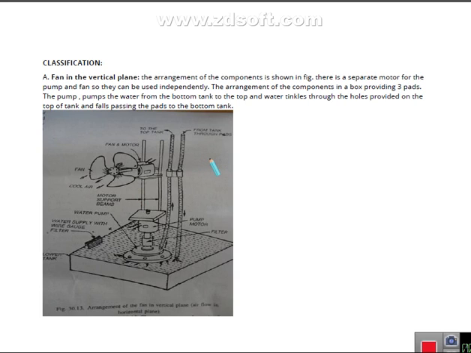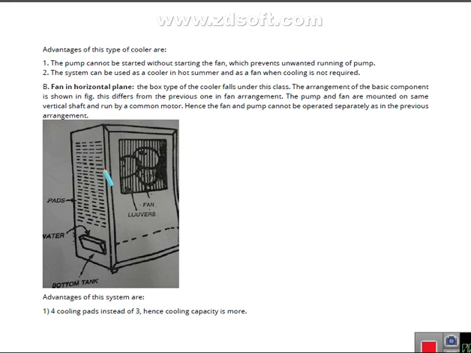So it forcefully takes the air from the outer environment, and the outer air comes through this filter to this fan, and then the fan throws out wet and cool air from this section, from where we get low temperature air, which is cooler than the environment. Then the horizontal plane: in this section the arrangement is such that